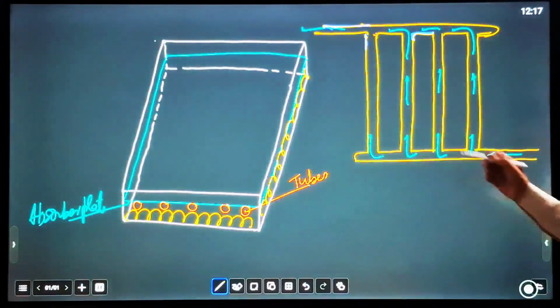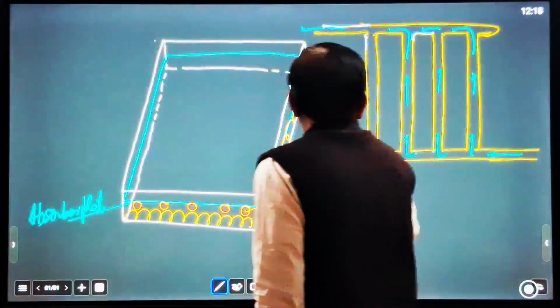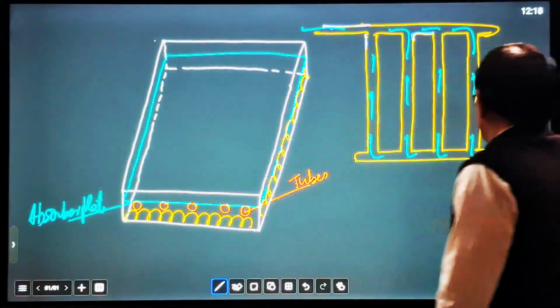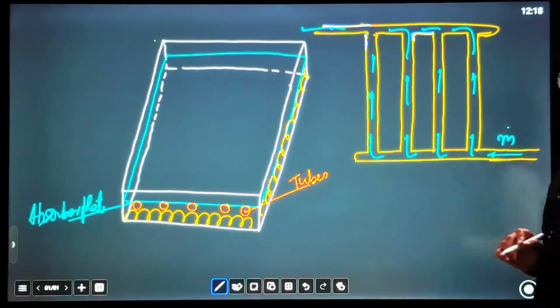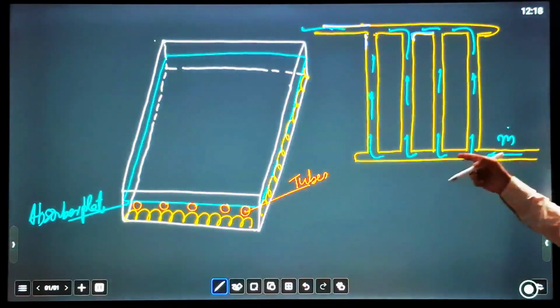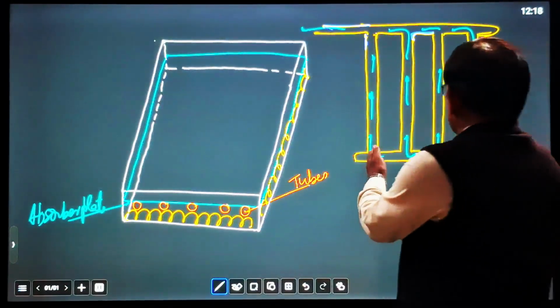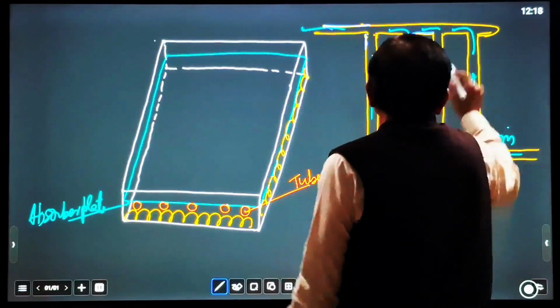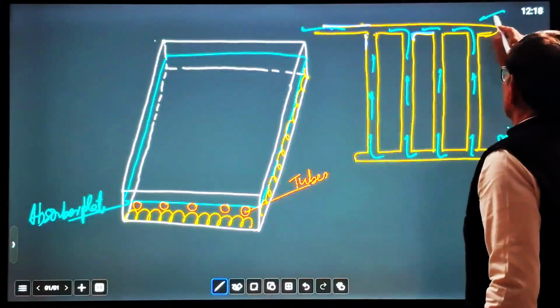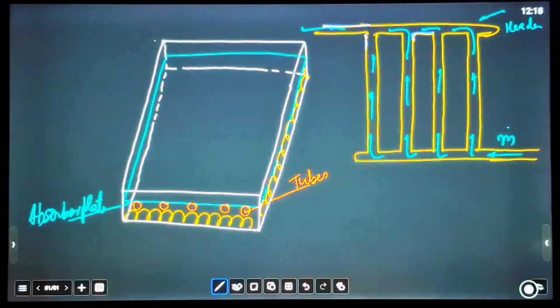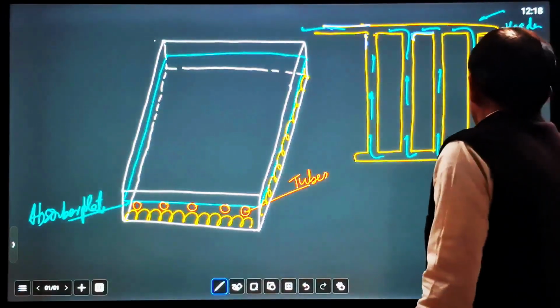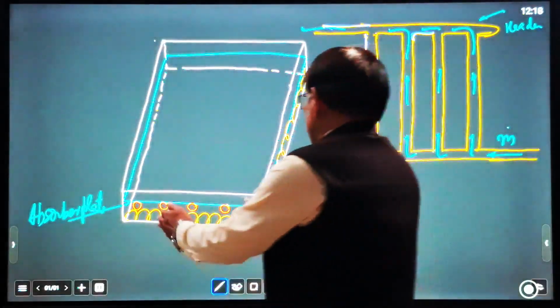So see, this is a collector tube. This is known as a collector tube. The mass flow rate m is coming here. m is the rate of mass of fluid coming from outside, and in this collector tube arrangement, this is a header. The diameter of the header is higher than the diameter of the tube. So fluid is coming. This arrangement is below the